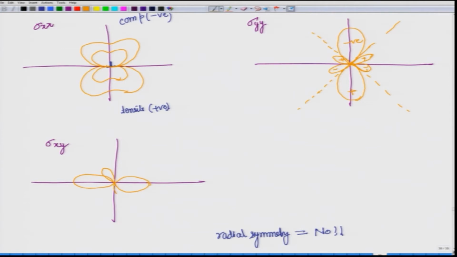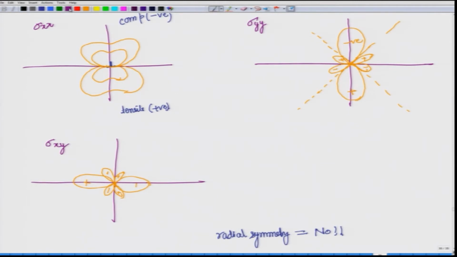So, again there are two main lobes and then there are four smaller lobes, and here also when this turns out to be positive, these two smaller ones are also positive. When this is negative, these two smaller lobes on the other side also turn out to be negative, and this is how it would look like. Now, we have drawn xx, we have drawn yy, we have drawn xy.